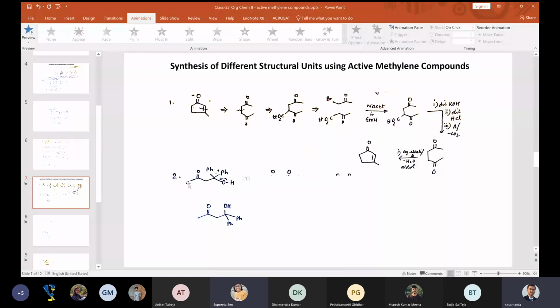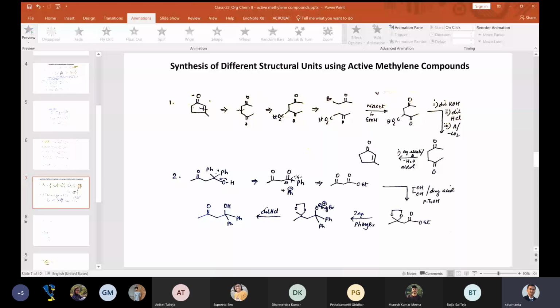So we will have to protect one of the C double bond O groups. Yes, and then we can use a Grignard reagent. Absolutely, that is what we are going to do. First you remove one phenyl, then again cut this one, remove the second phenyl and put a leaving group here, OET. So this becomes ethyl acetoacetate. Now you recognize it, right? Then we need to protect this because this is ketone and this is ester.